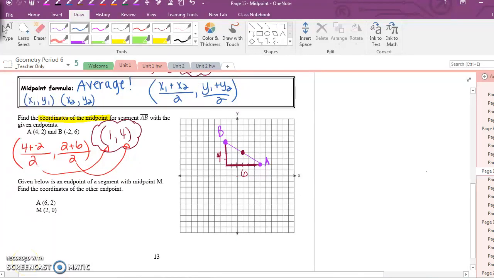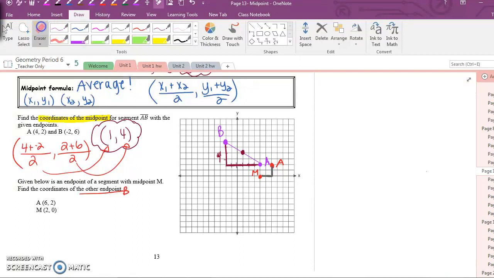Alright, last problem here. Read it to yourself and plot those points. Make sure to label them on the grid. So if I'm using the coordinate axes here, reminder, the distance from A to M, which is our midpoint, should be the same distance from M to the other endpoint, which I'm going to call B for the sake of this. So I'm going to count how far it is from A to M. It is down 2, and it looks like over,